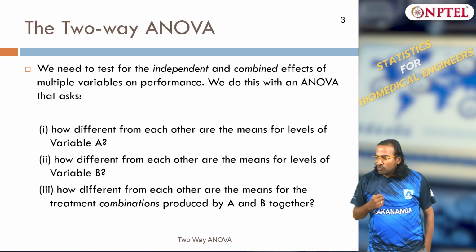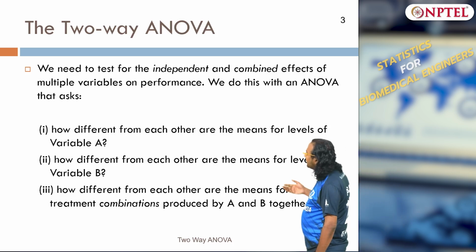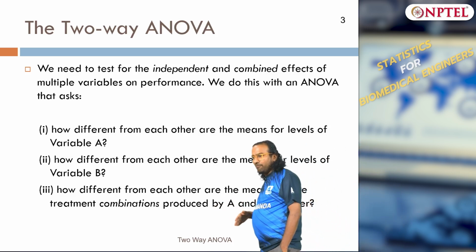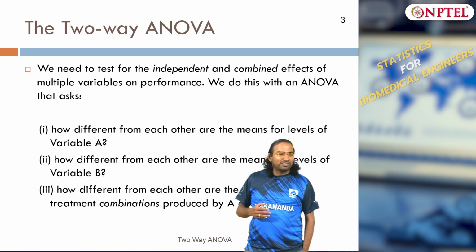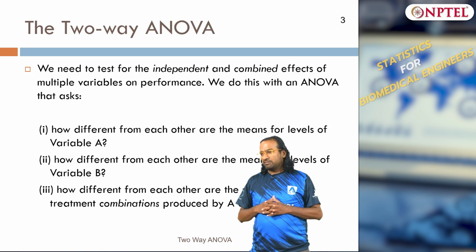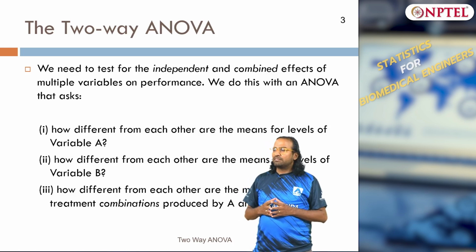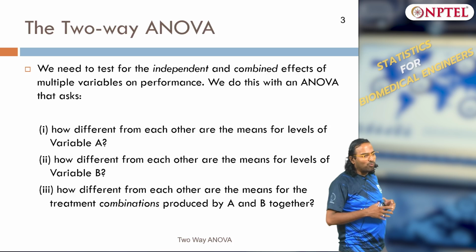The questions we could ask are how significant is the effect of A, the effect of B, and the third important question is how do they gel when they combine together, the effect of AB, right, treatment A and treatment B when I combine, what are the effects,